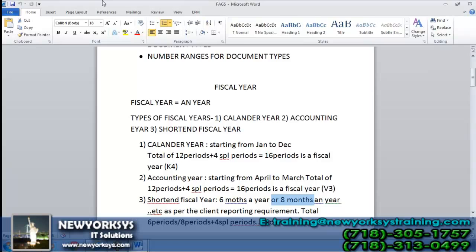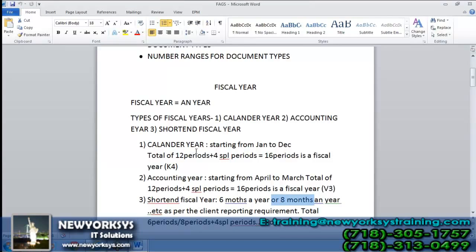The rest of the 4 months there is no business due to the snowfall. So they report the fiscal year for 8 months only. That is a special case scenario where we can define the shortened fiscal year.